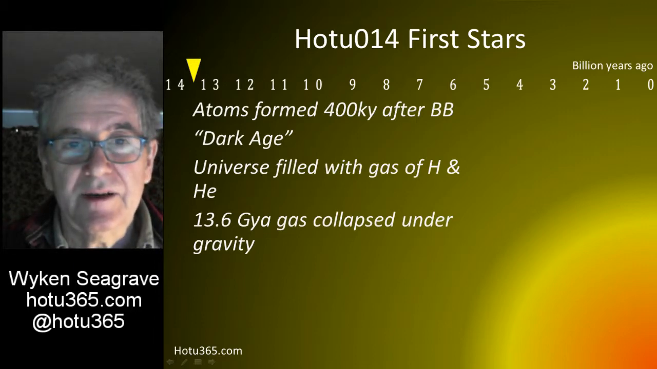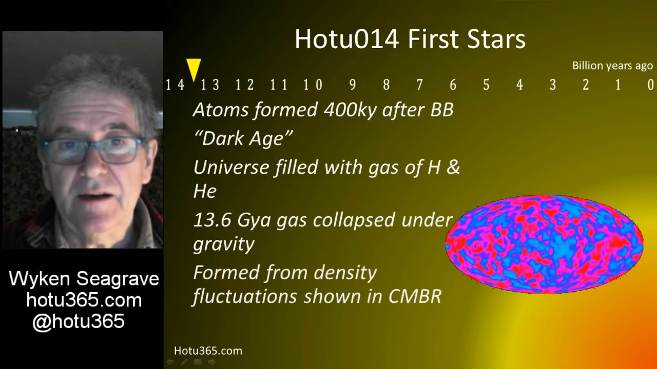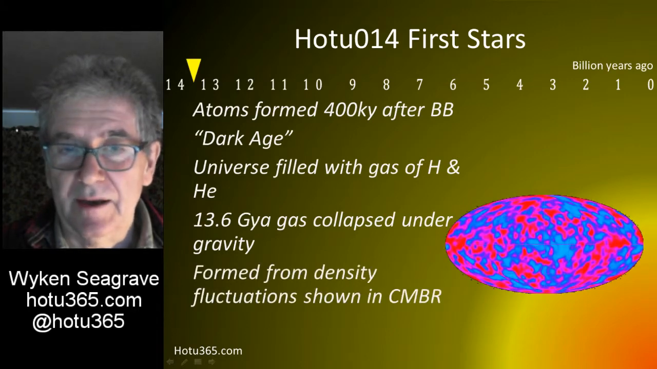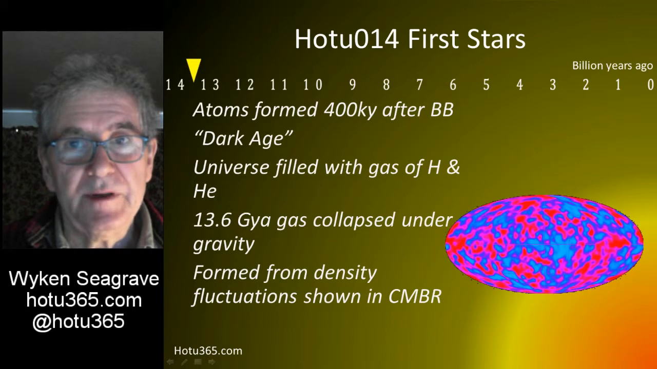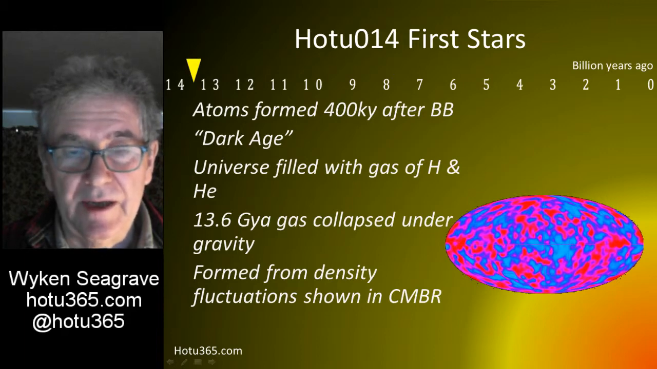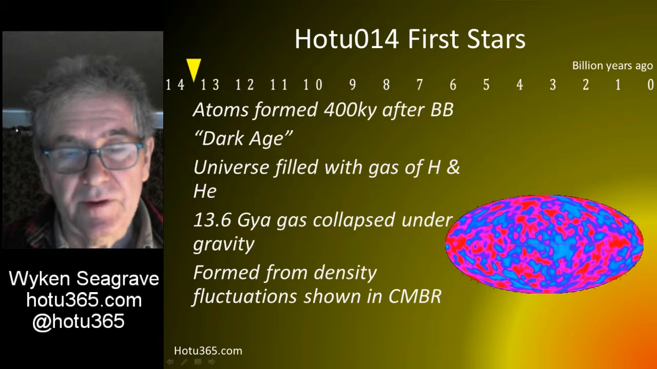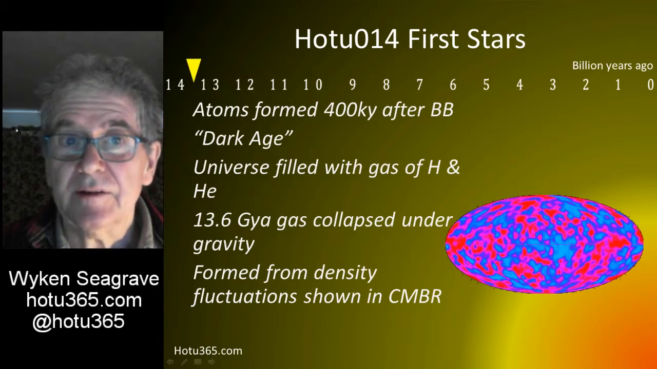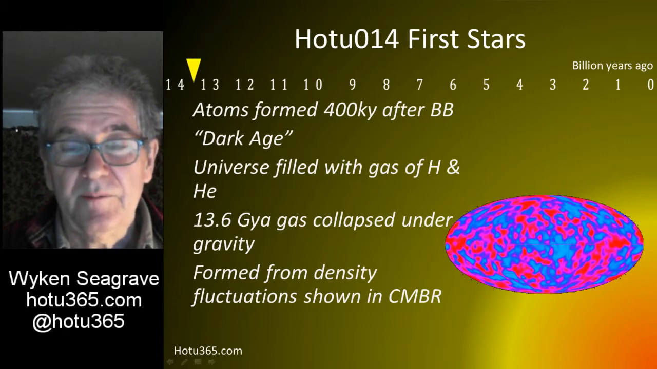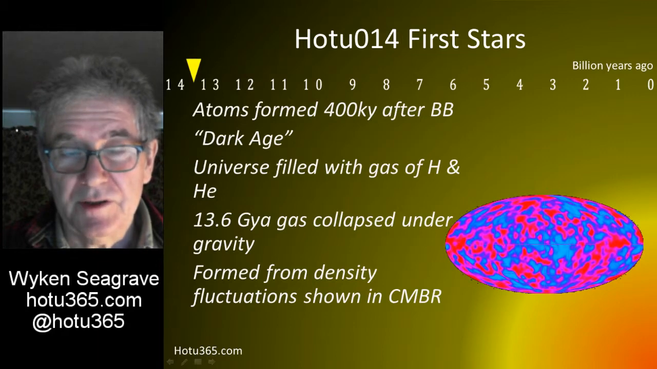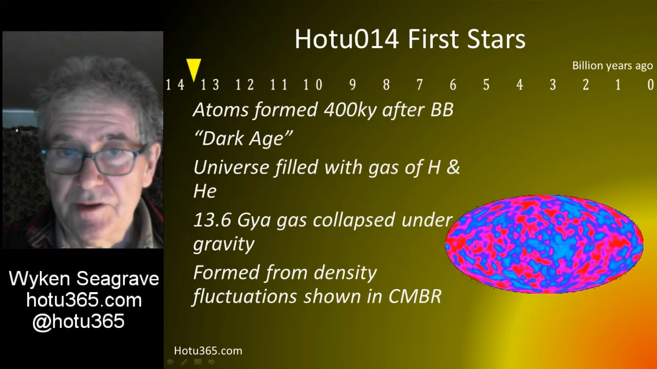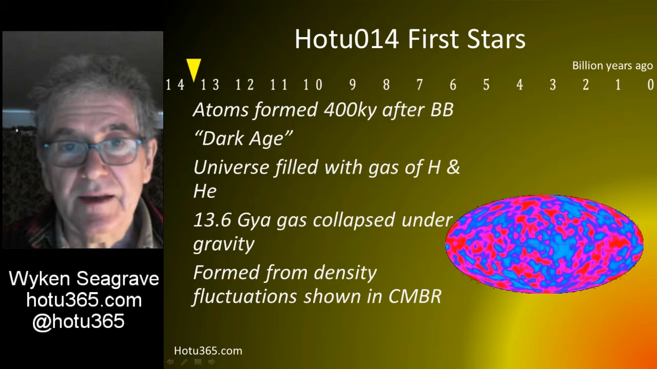The gas was collapsing under its own gravity. In fact, it had started collapsing since the Big Bang. We saw in episode 2 that the universe is filled with a cosmic microwave background radiation, which is almost uniform but has small fluctuations. We think that these were created by quantum fluctuations before inflation, and then inflation expanded these